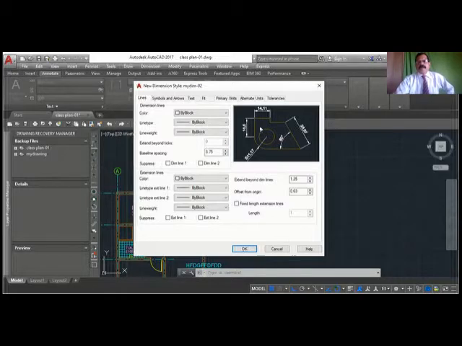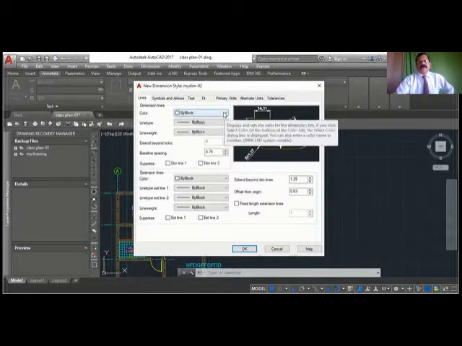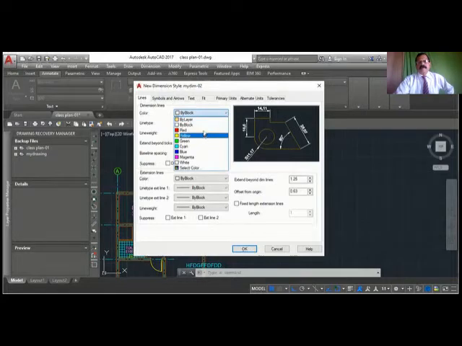If you want to have a specific color for this, then only you can use this. For example, for the dimension line, if you want a separate color, you can just select red from here. You can see that all the dimension lines become red. But basically, you don't require that. Just keep it as ByLayer. And here, this is the extension line.